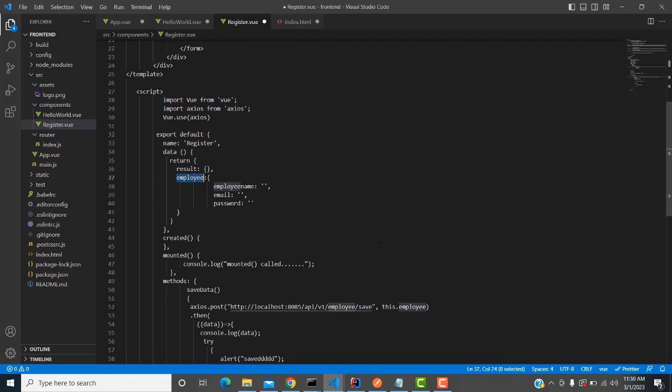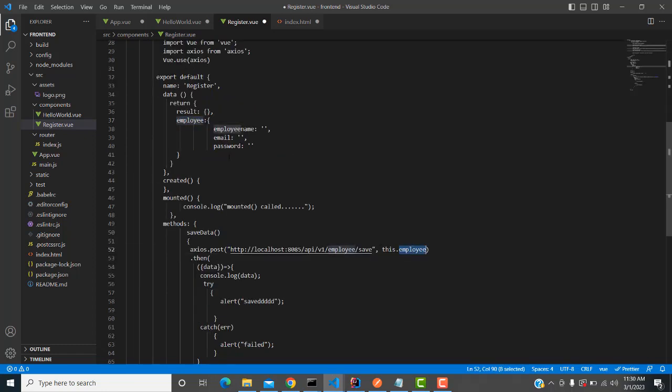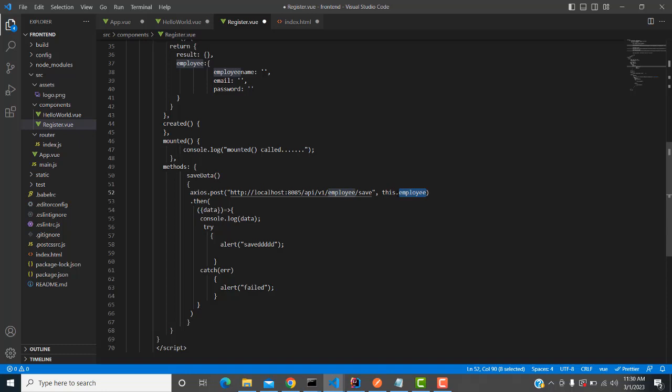So you have to call this array here. All the employee name, email, and password, all the things are put into this array, employee array. This employee array, simply you have to call it here. This means this class dot employee, right? After that, if all things are correct, you can get the message employee